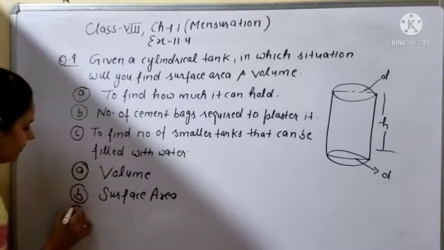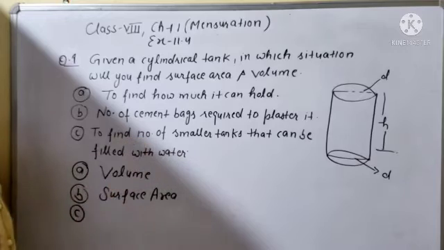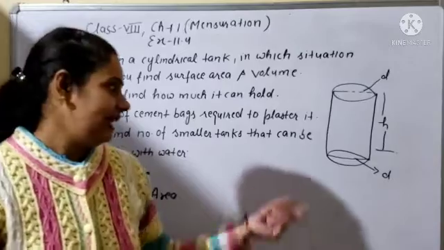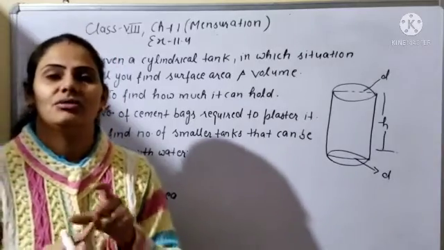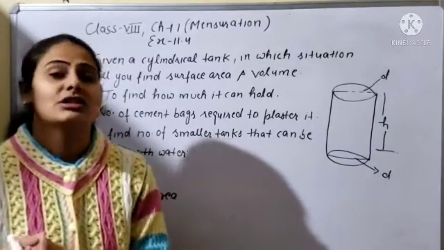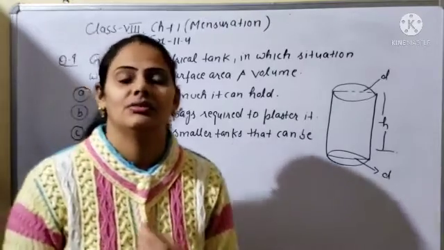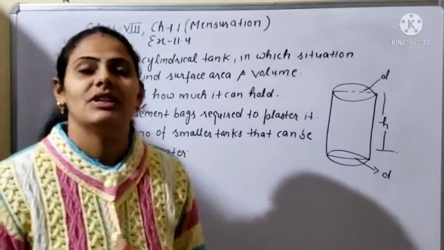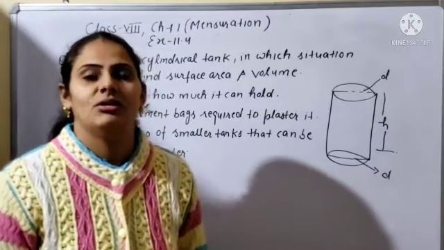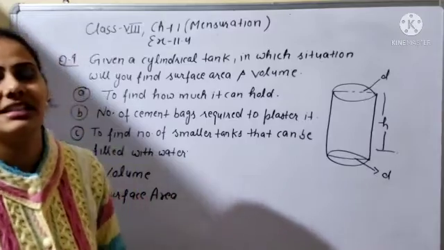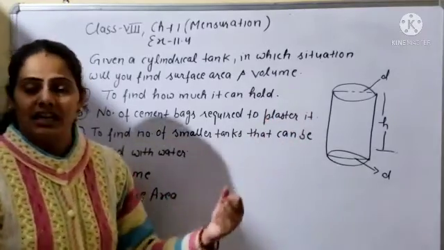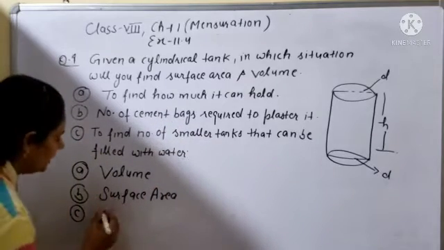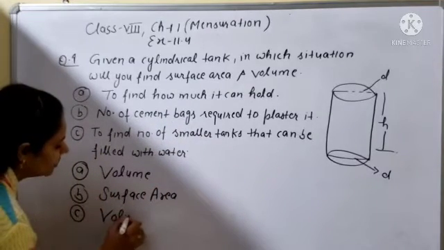Now in part C, what is given is to find the number of smaller tanks that can be filled with water. Okay, now again tanks are given. हमने जो बड़ा टैंक है उसमें से उसको क्या कर दिया, स्मॉलर टैंक्स में फिल करना है. किसको फिल करना है, स्मॉलर टैंक्स में क्या फिल करेंगे, या तो वाटर या मिल्क या गैस, एनी लिक्विड चीज. Now again we are finding the capacity, and how much water it can hold, how much liquid it can hold, and how much gas it can hold, the smaller tanks also and the greater tank also. So here also we are finding the quantity. Okay, so for quantity here also you will find out the volume according to the situation.